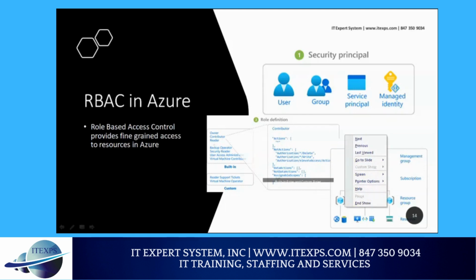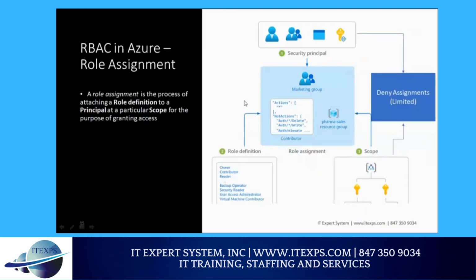Once you have a role and you have an identity, you can join them with something called a role assignment. Role assignment joins a principal to a role in a given scope. Make sense? Let's look at an example of that. Here's an example: any security principal, you have the marketing group. In the marketing group, you have a certain role called contributor. Here is the role definition, and here is the scope. A scope can be